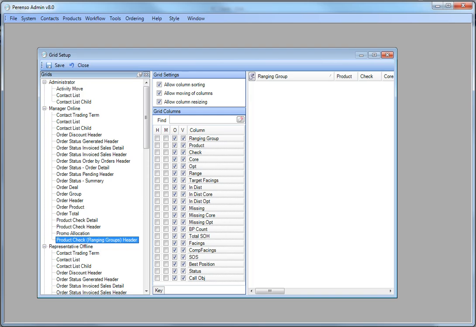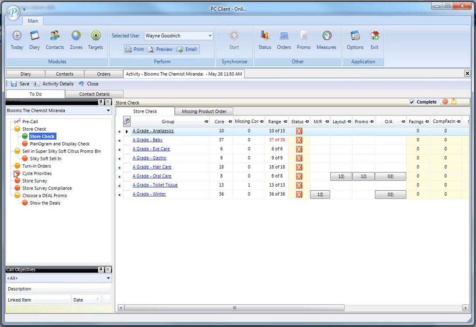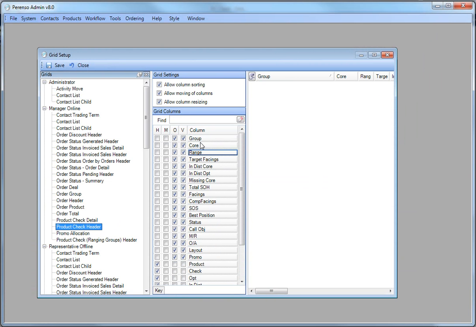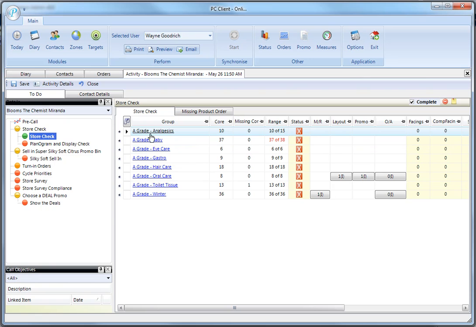So if we go to PC Client and we look at a store check or product check action, you can see that it loads a grid here on the right hand side which contains some groups of products and then some columns to the right hand side of that. The columns that appear on the right hand side are dictated by the columns you have selected here in the grid. However, the product check header and the product check ranging groups header, what they change is the view of